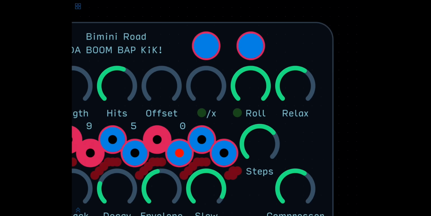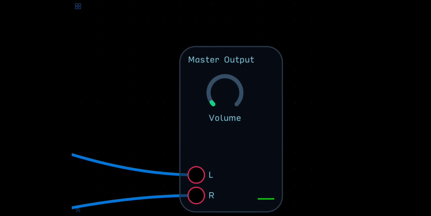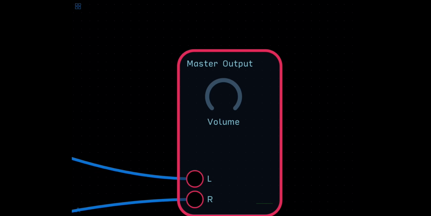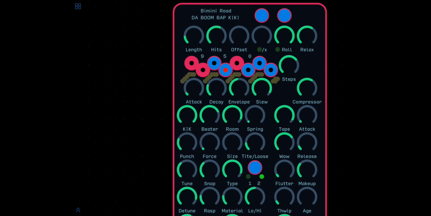Cool. So, cool patch, right? Well, this isn't a tutorial on how to use this thing, even though it's just not finished yet. I will come out with a detailed tutorial on how to use this later. But